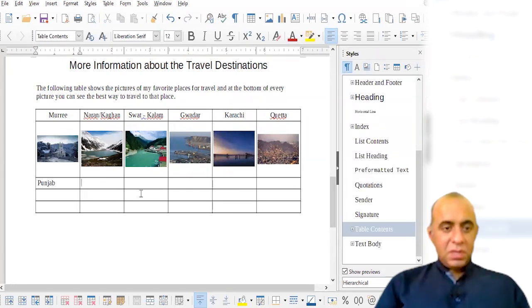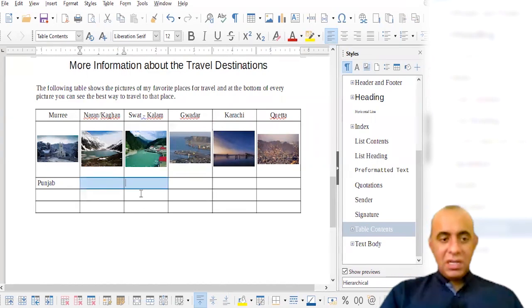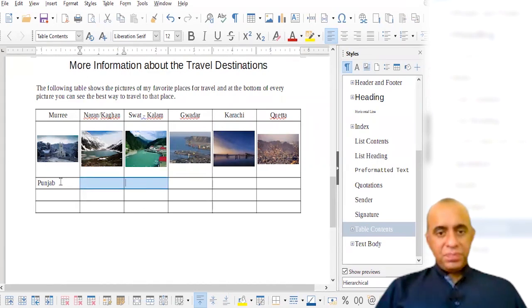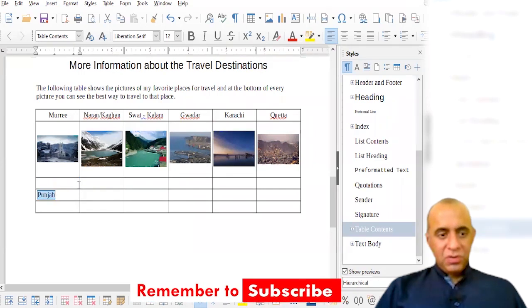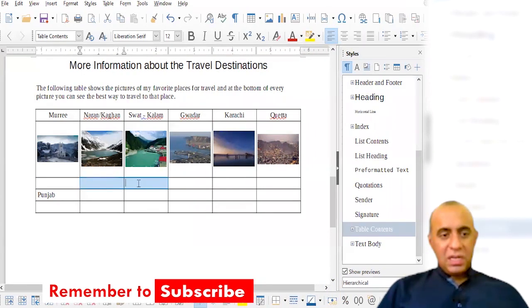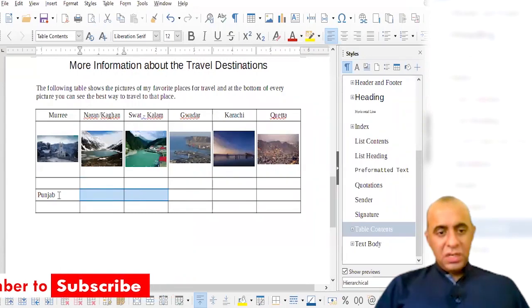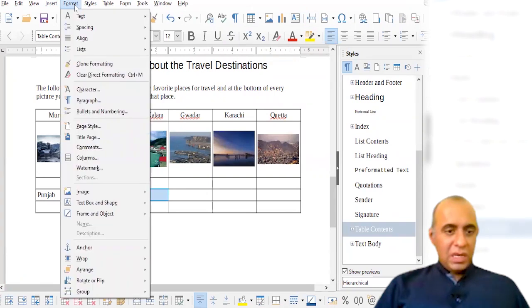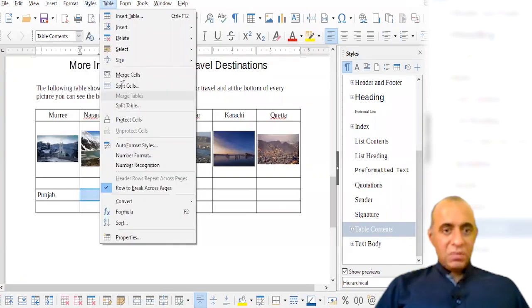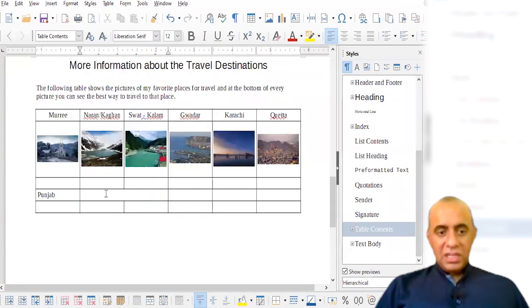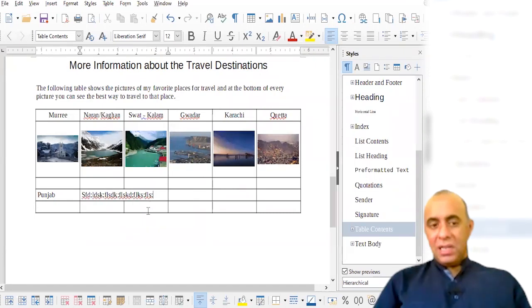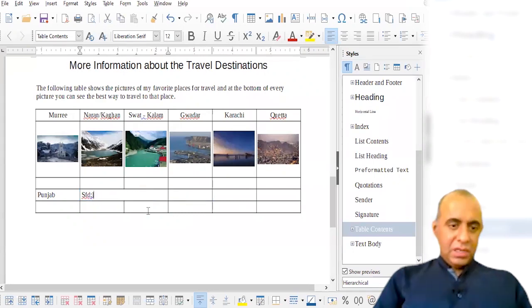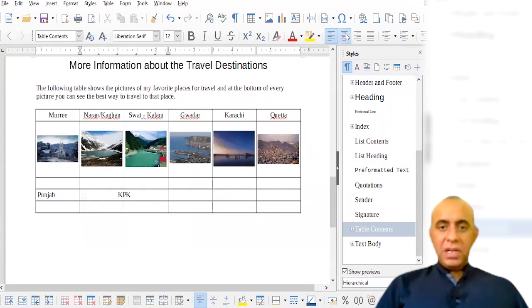This is in Punjab. This one is in, so both of these are in the same province by the way, but we have to show the means to travel in these cells. I'm going to select these two, and I'm going to use the merge option, and actually table menu, sorry, and you can find the merge cells option. So now these two cells have become one cell. So whatever you type in here will be actually the contents of one cell. So I'm going to type over here kpk, and I'm going to make it center aligned, and I'm going to make this text center aligned as well.